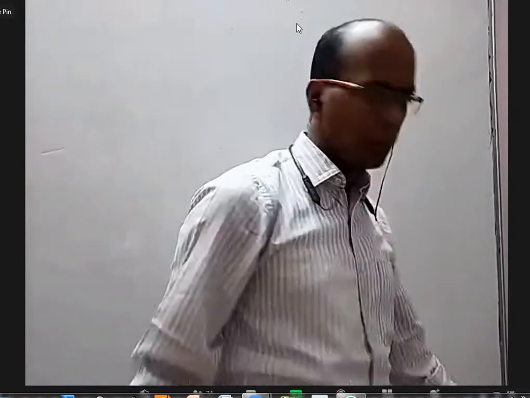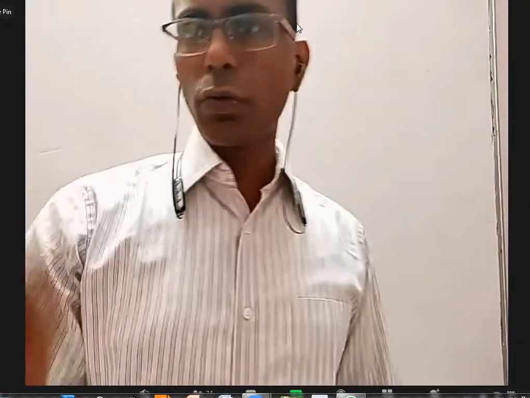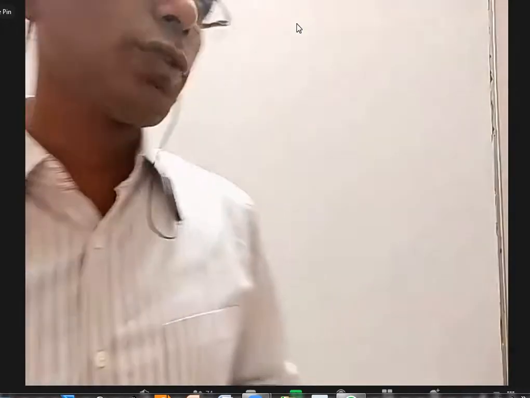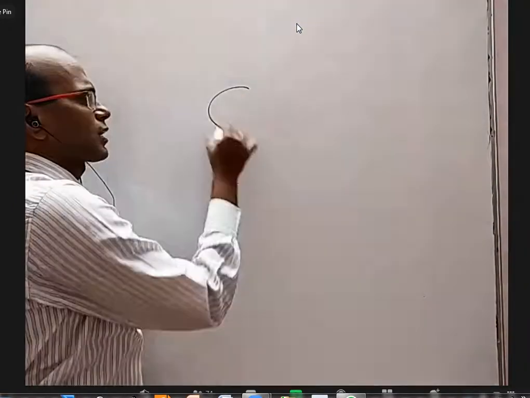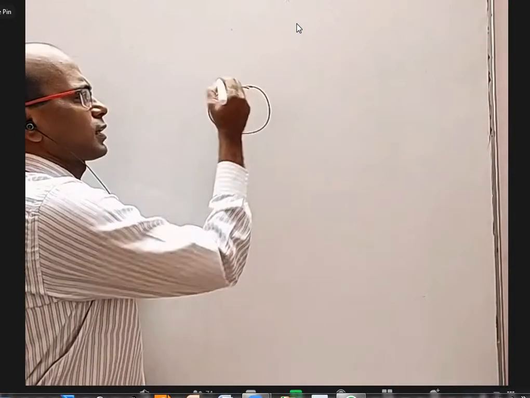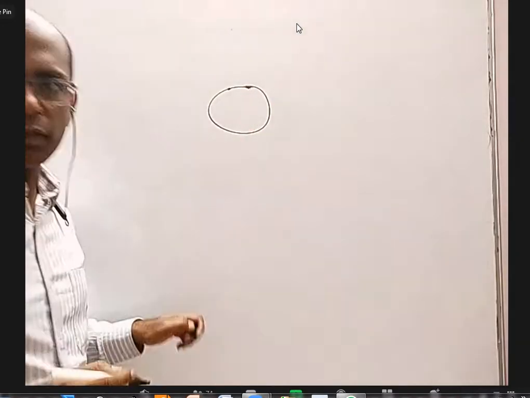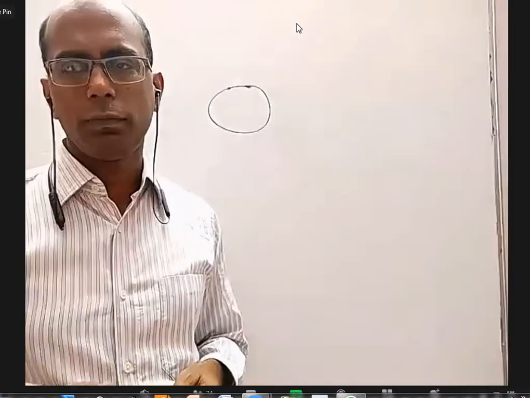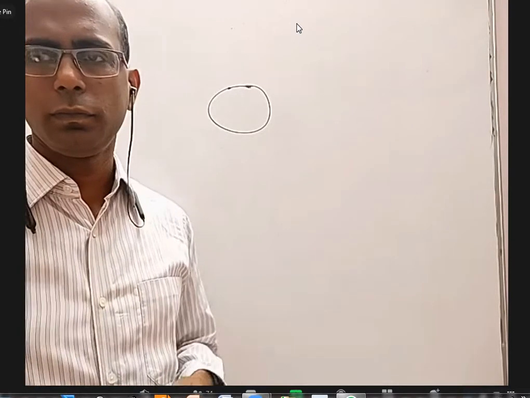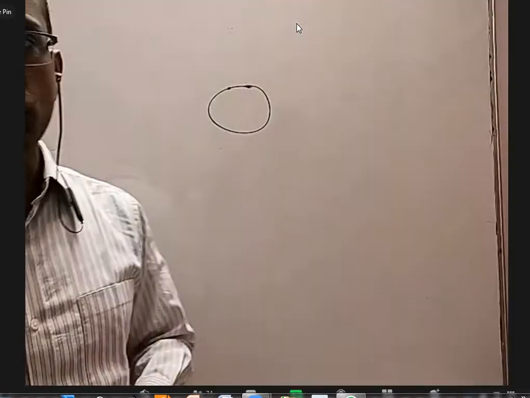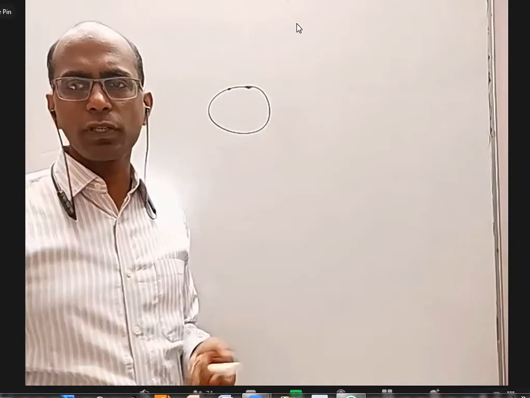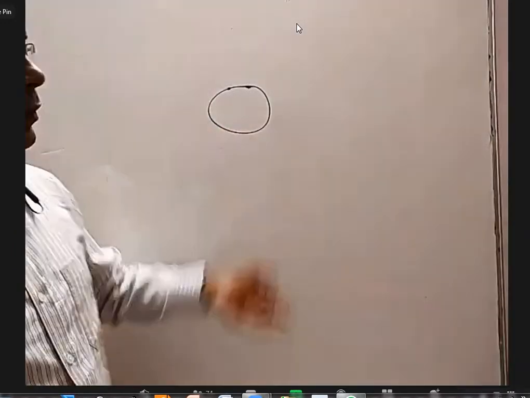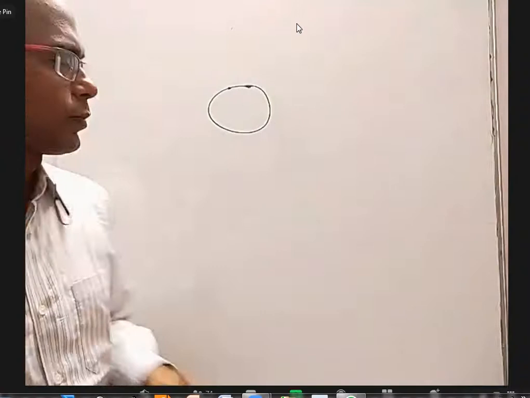Okay, now listen. Every small formula related to tangent and normal, I'm not going to write. Only a few I will be writing, because many are similar to the circle. If I take a circle and give a point on the circle, what is the formula for the equation of tangent? S1 equals 0. So here you will get xx1 by a square plus yy1 by b square minus 1 equal to 0. Same thing for parabola, same thing for ellipse, same thing for hyperbola.